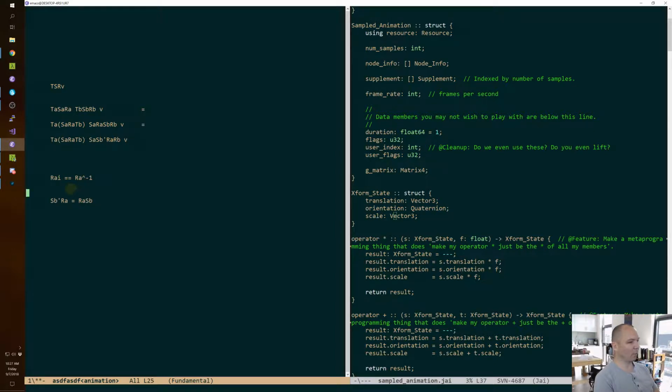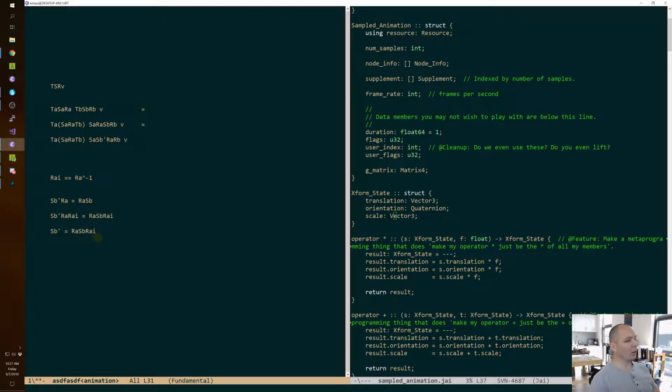Just caret -1 is kind of ugly. Okay. So you multiply both sides: SB prime RAI equals SB RAI. RAI is just identity. Multiplying a matrix by its inverse gives you the identity. So this just gives you SB prime equals